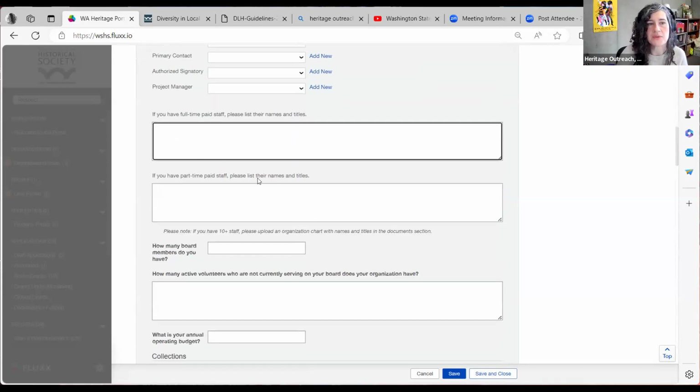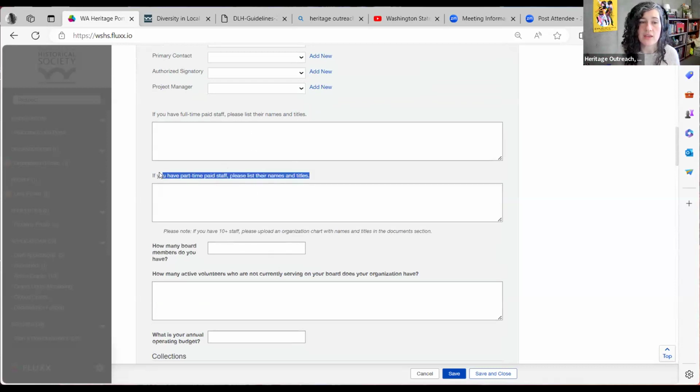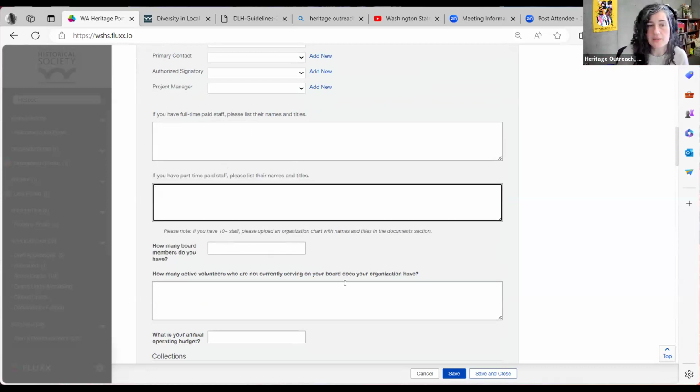We will be wanting you to talk about full-time paid staff here. This is kind of giving us a sense of who is working in your organization, what are their roles and responsibilities. If you have part-time paid staff, this is the field where you would be entering in those individuals.